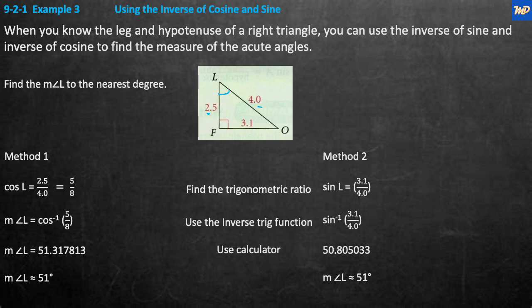Okay, so if we follow through on that, now we put the measure of angle L. What is that angle L? Well, we can find that out by taking the inverse cosine, cos to the minus 1, right there. You see the minus 1 right there, of 5/8. So you type in shift or second or whatever it says for your function button, shift cosine, and then enter in 5 divided by 8, and you're going to end up with a number